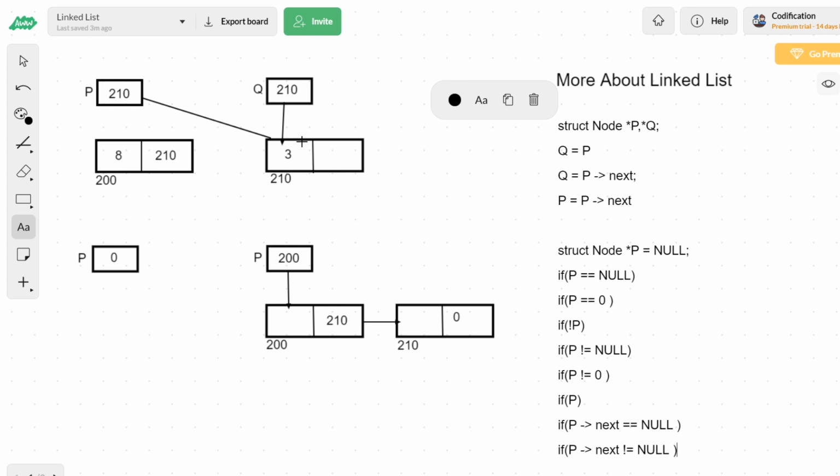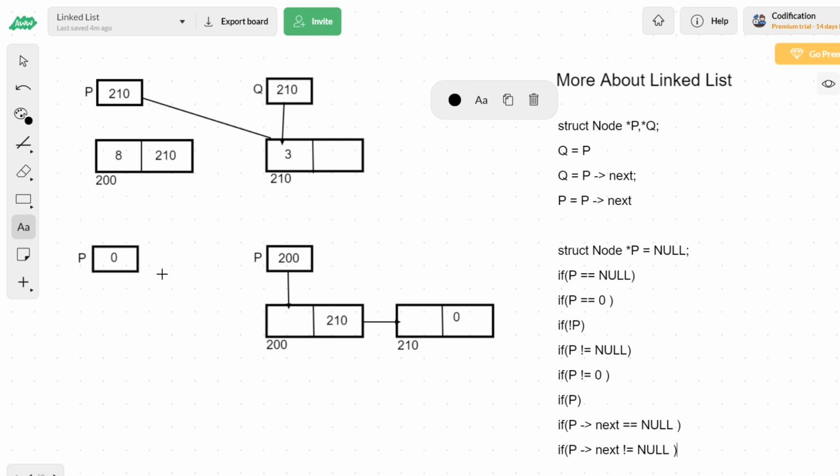Next, we came to a demo of looking at the importance of null, or otherwise 0. It is very important for representing a last node.